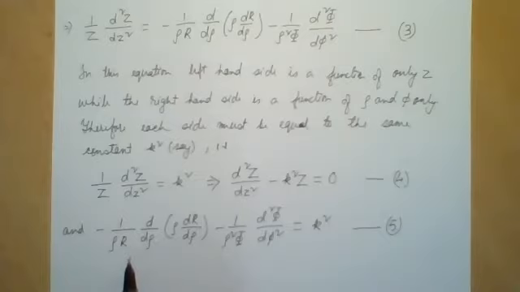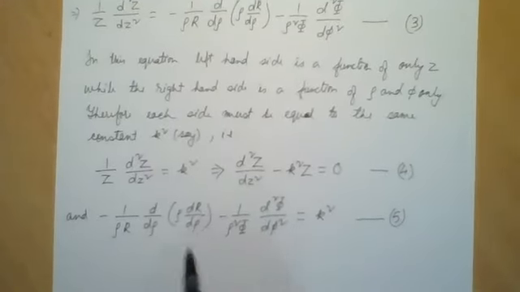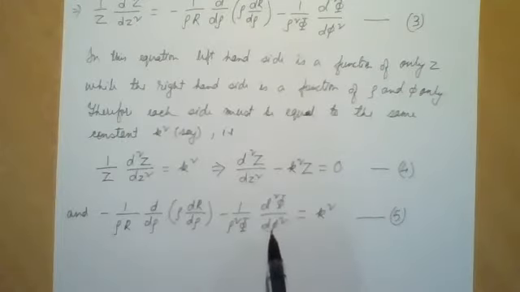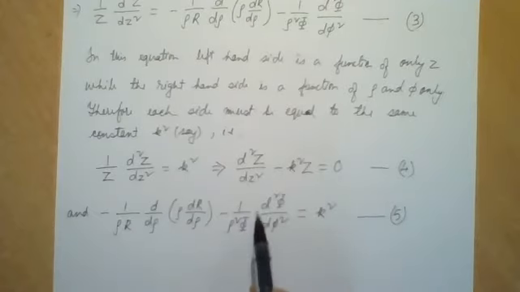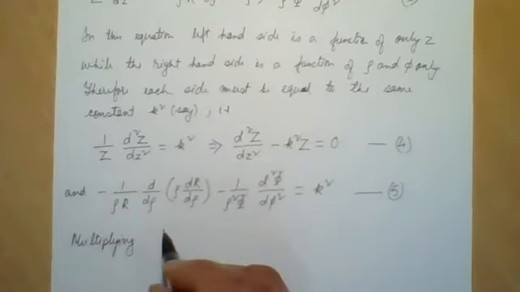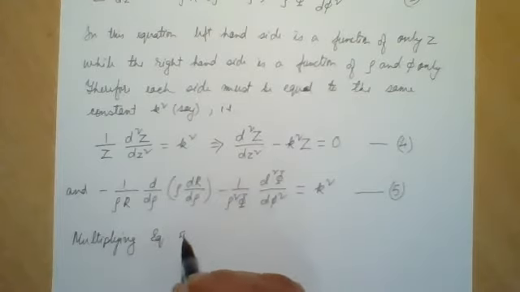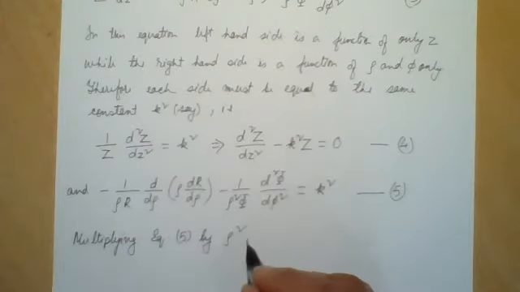Now you see this term contains only rho and functions of rho, that is R, whereas this term contains functions of phi, and we also have rho square here. So if I multiply throughout by rho square, this rho square will get cancelled out, and then this term will depend only upon phi. So let us do that. Multiplying equation 5 by rho square, we get